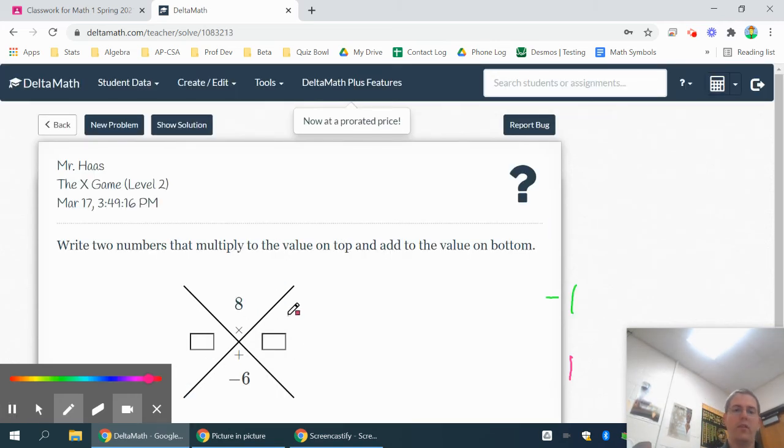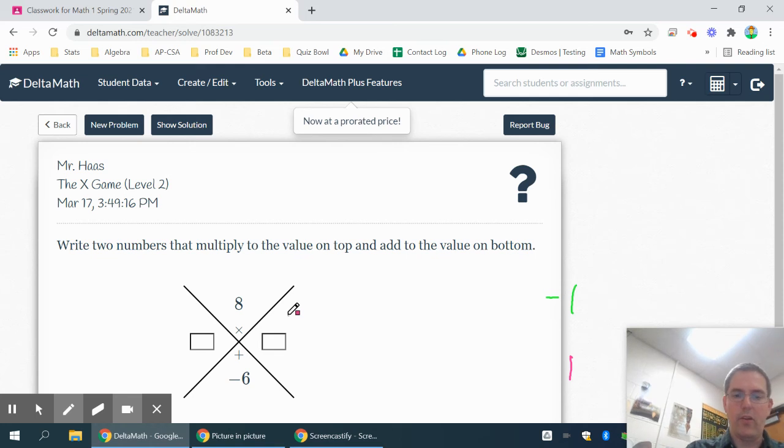On this problem here, I'm trying to multiply to 8. So some things that multiply to 8 would be 4 and 2. And you can see in this case, I'm adding to make a negative 6. Well, since I'm multiplying to make a positive and adding to get a negative, both ones are going to have